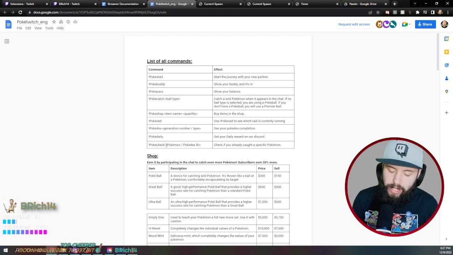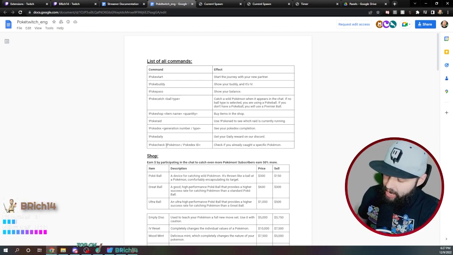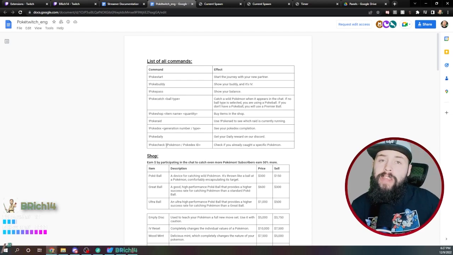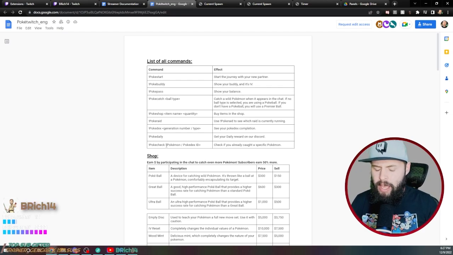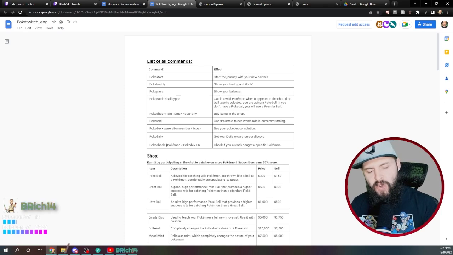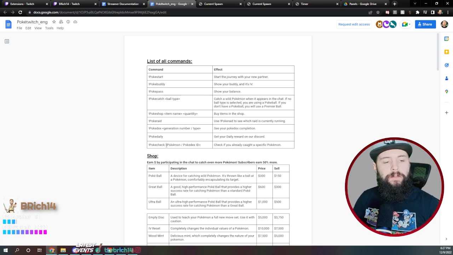So this happens frequently. People will use Pokecatch and then immediately Pokecheck to see if they caught it, or they'll go the other way around. Maybe they see a Pokemon and they're like, do I have this yet? Pokecheck, yes I do, I don't care to catch it. No I don't, all right, let's try it out. So that's the basics of this command.